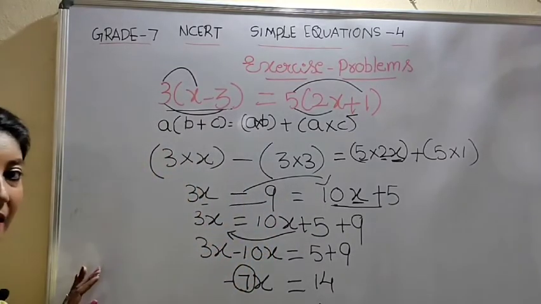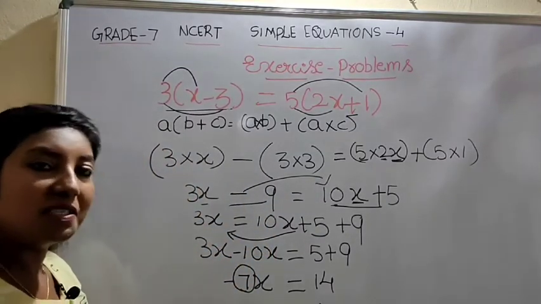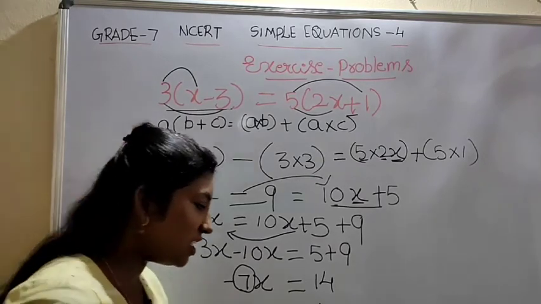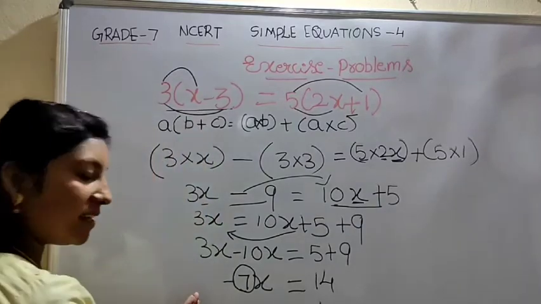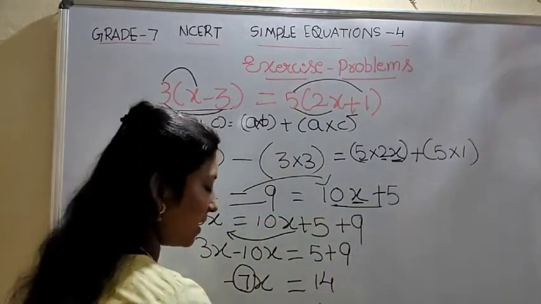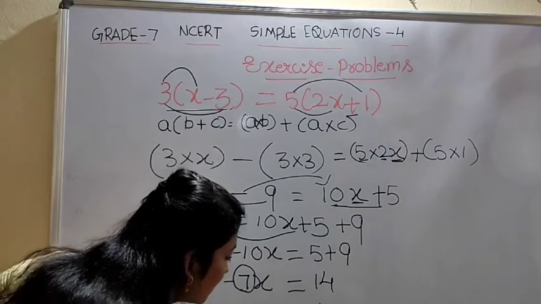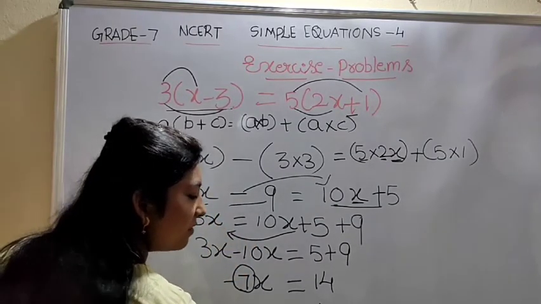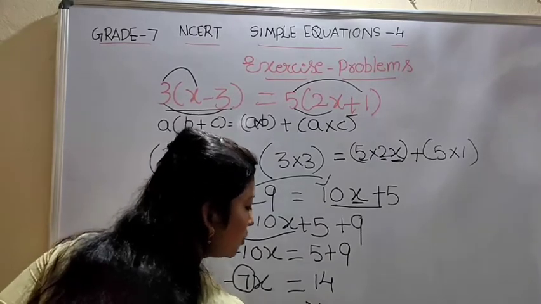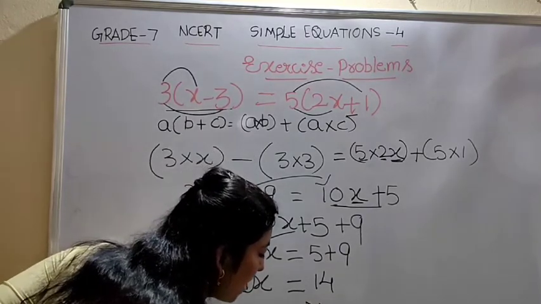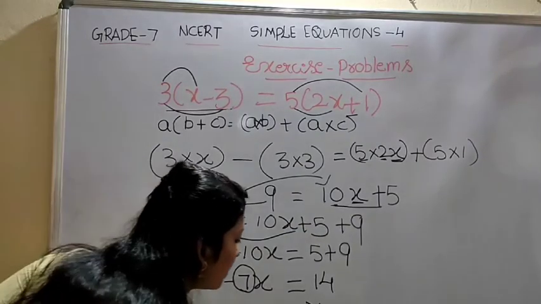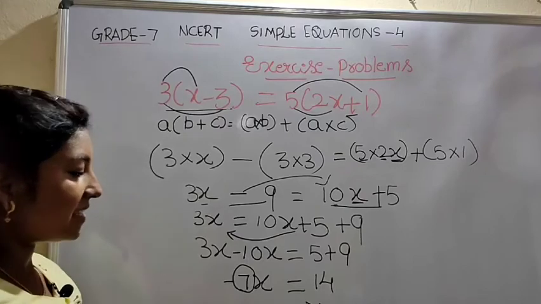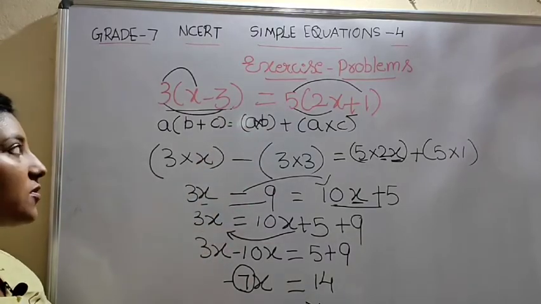So 7. And we do not want any negative sign before the variable. I am changing this. So I am sending this minus to the right hand side. So x equals to minus. So we already know how to cancel 7 1s and 7 2s. So x equals to minus 2 is our value for variable x. X as minus 2. So let us check all the process once again.